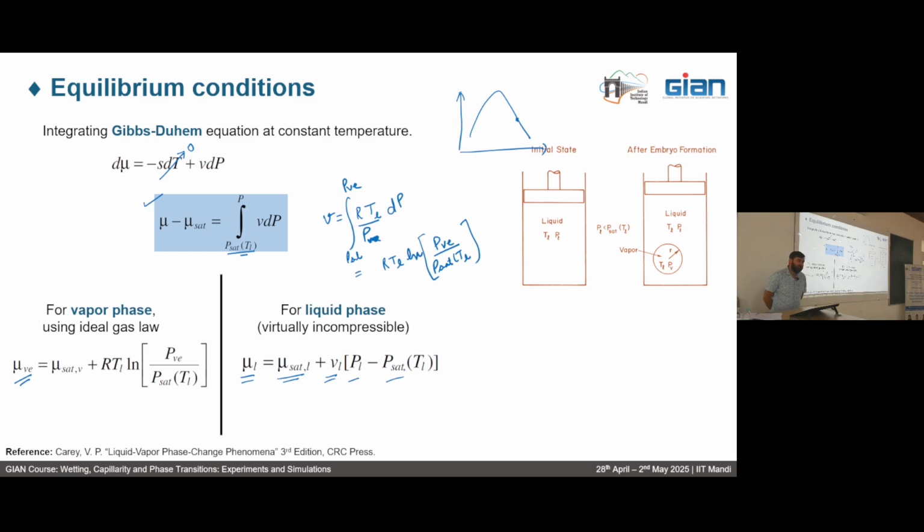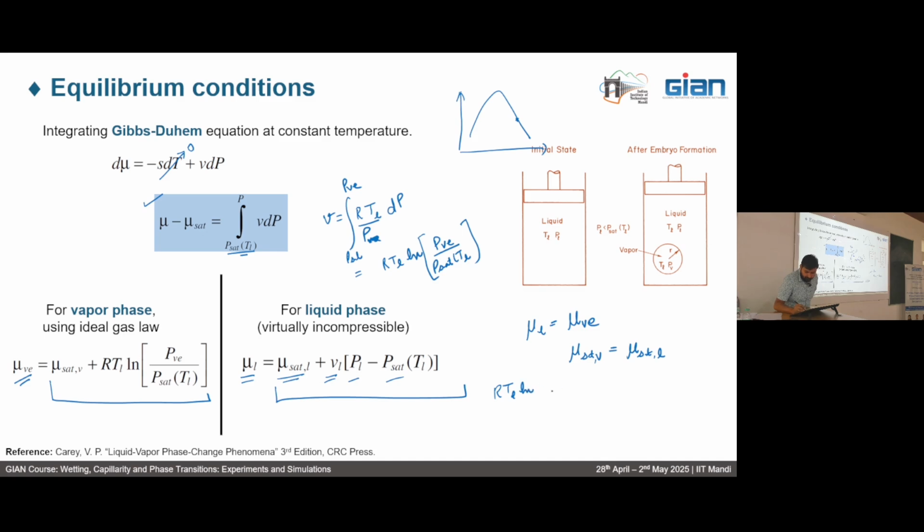Now, since these are in equilibrium, what we can say is mu L is equal to mu V. That is the first condition. It means that we can equate the right hand sides of both these equations. And further, governed by the thermodynamics laws, we can also say that mu saturation at V must be equal to mu saturation at liquid, because the phase change here is in equilibrium. Ultimately, what we'll get is